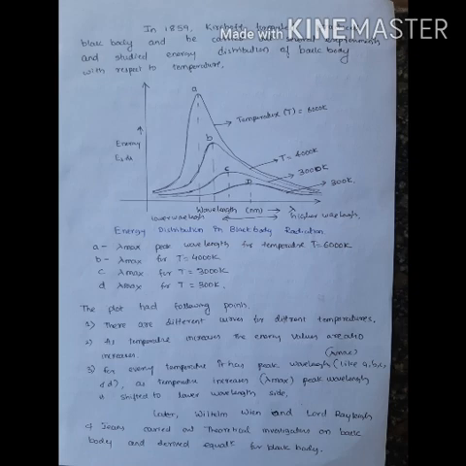Initially at 300 Kelvin it covers the entire wavelength range: lower wavelength is ultraviolet, then visible and infrared. But at 3000 Kelvin the curve is slightly a hump, and it covers only certain wavelengths like visible and IR. If we go on increasing the temperature, finally the peak A indicates lambda max at a temperature of about 6000 Kelvin. So here it covers only a certain wavelength range, that is the visible range.